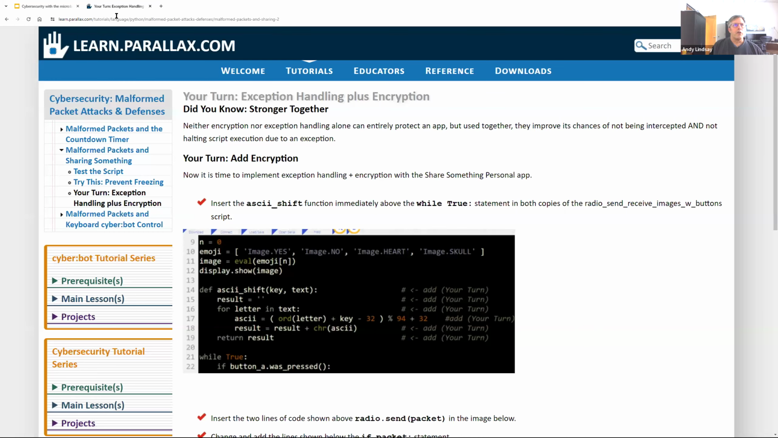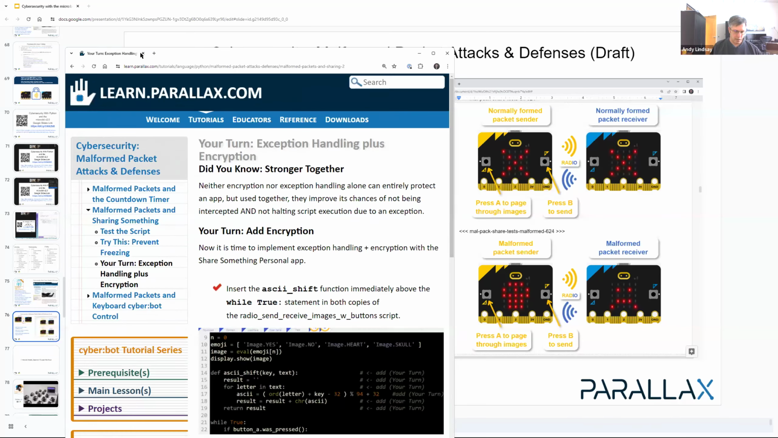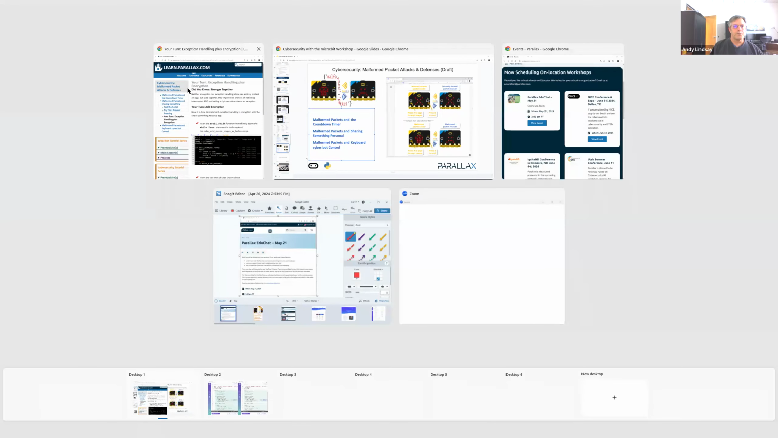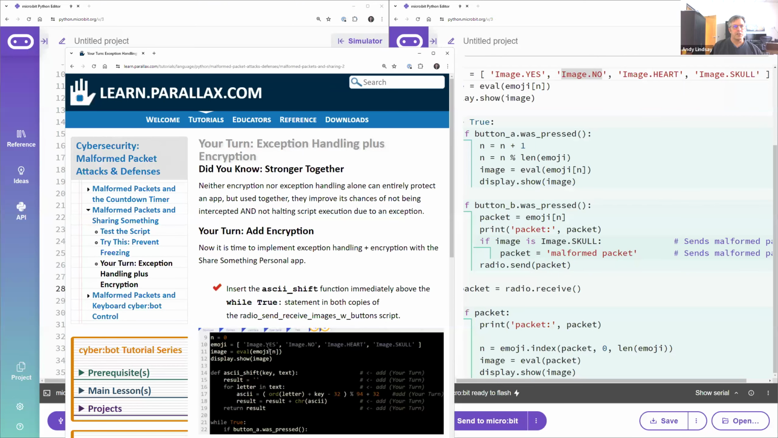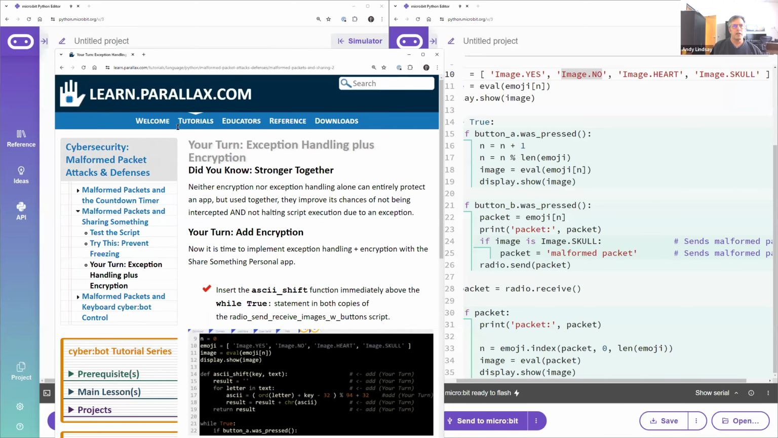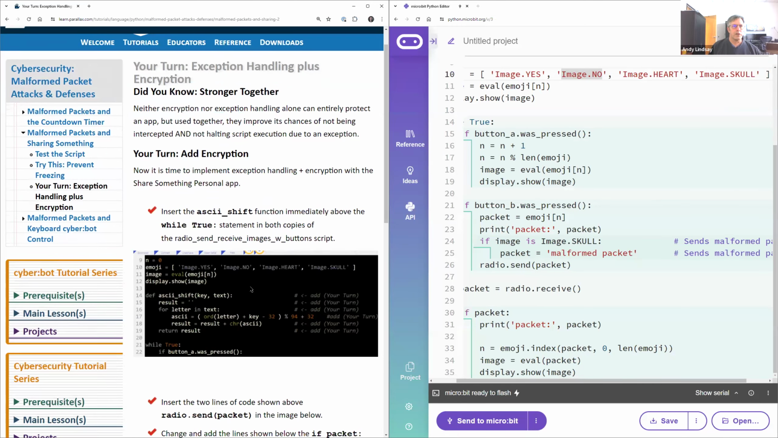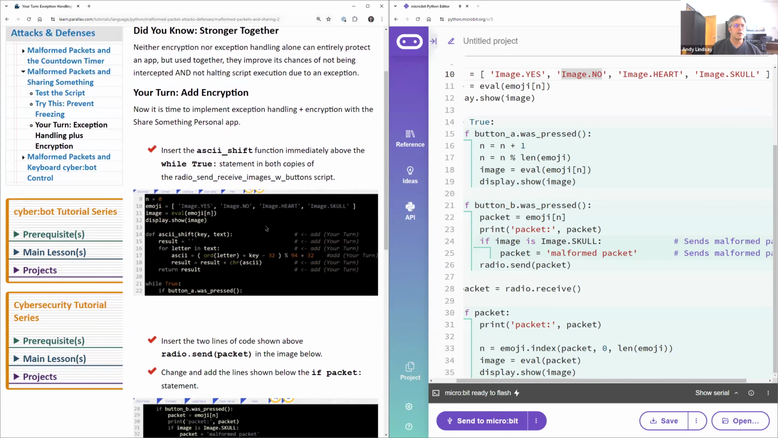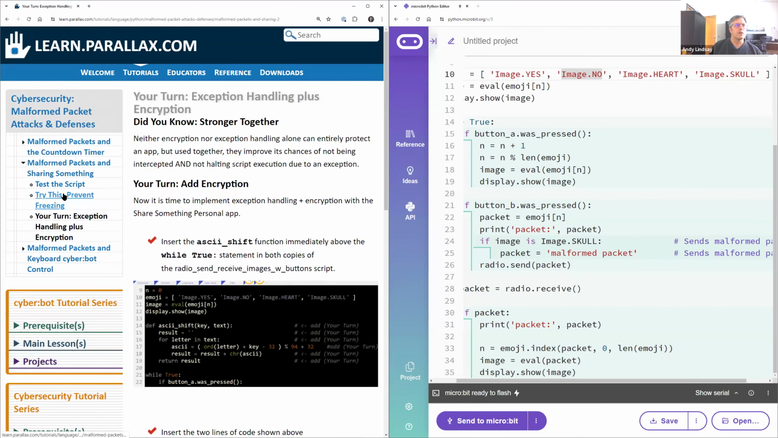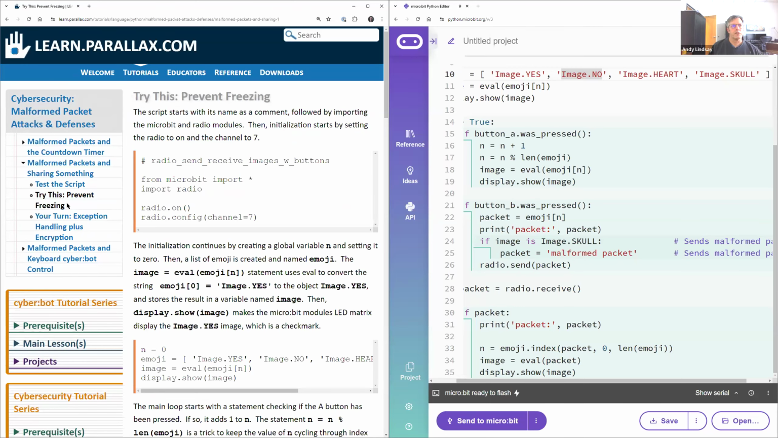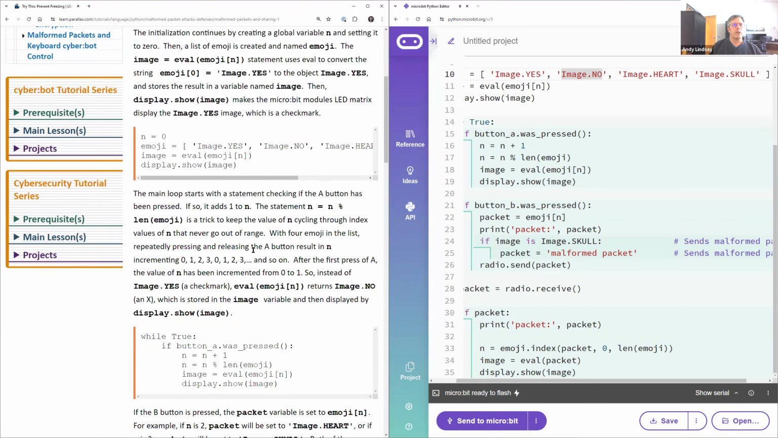And as for how to fix that, again, we're not going to let the students copy and paste everything. So here is the solution. No, this is adding encryption. Prevent freezing. So basically we do two levels of protection. We first prevent the freeze, then we add the encryption on top of it. And so to prevent the freeze,